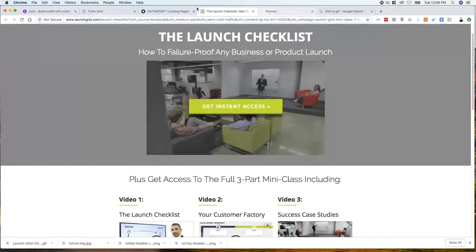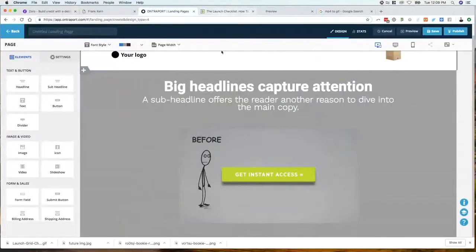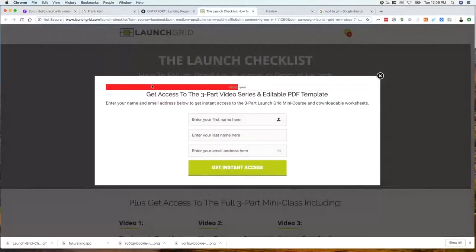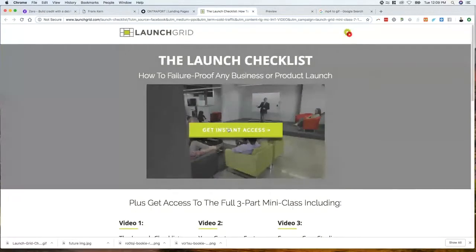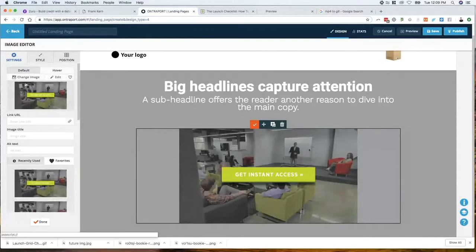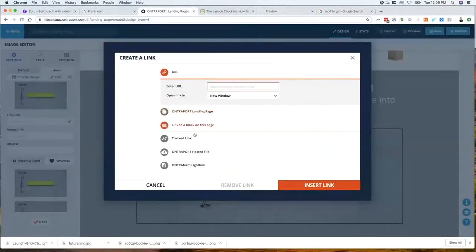Oh, incidentally, they've obviously got this thing, it's like a link. And what does the link do? It opens this Ontraform. This would be an Ontraform. And so this is just an image here. And then a very, very simple Ontraform, that you can look at how we did that in the how to manage Ontraforms section at the beginning of this video. What you can do in here is when you click on this, you go select link URL